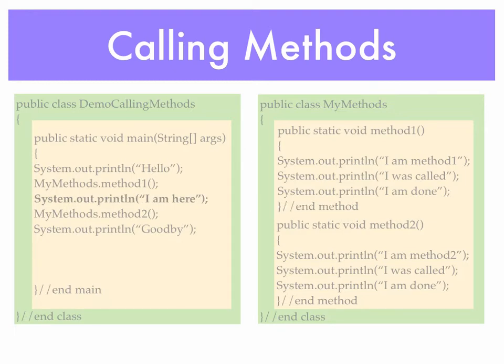We'll then execute the line "I am here" within the main method. We'll then execute this line, calling method2 of MyMethods. It will execute, printing to the screen "I am method 2, I was called, I am done." And when it is complete, it will return back to the position in DemoCallingMethods, its main method, from which it was called. We'll then have the execution of this line, "goodbye," printing that to the screen. So here we see